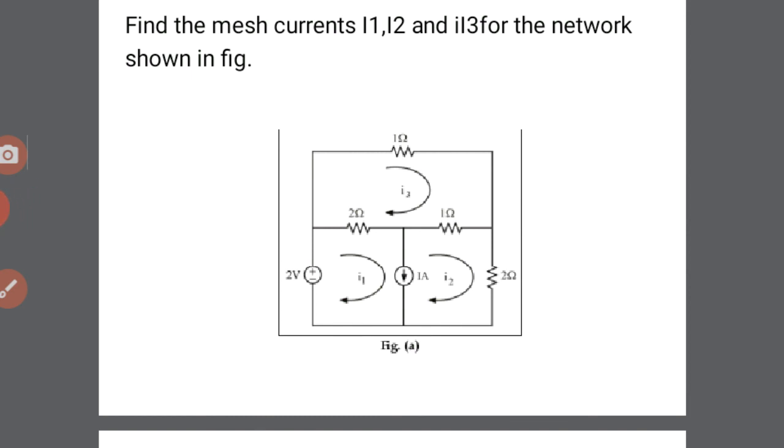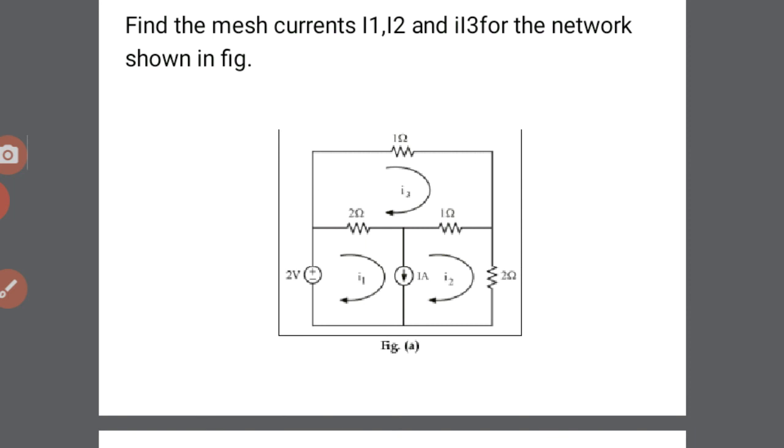These loop equations are to be put into the matrix form. After getting the matrix form, again we have to find different values. In this case we find the mesh currents, that is I1, I2 and I3. In some other cases there is a need to find the voltage drop across the resistors or across some other elements, or to find the power. So after applying the mesh analysis or super mesh, we easily apply mathematical solutions, that is Cramer's rule, and find whatever element is required.